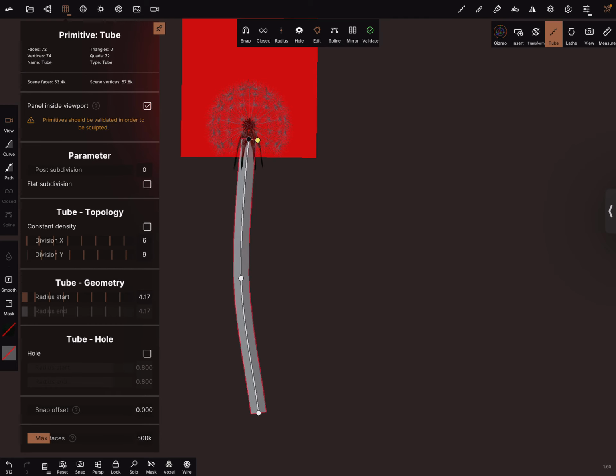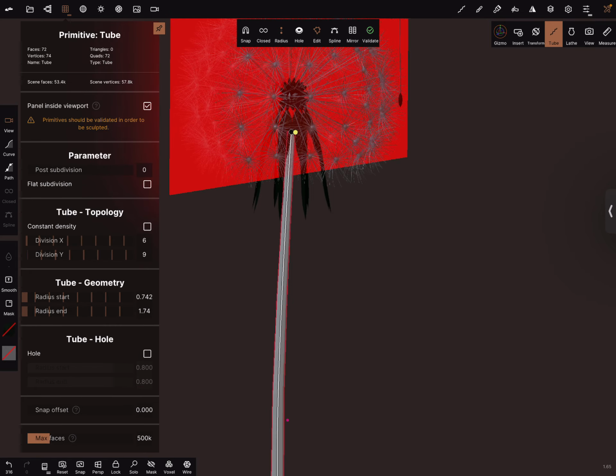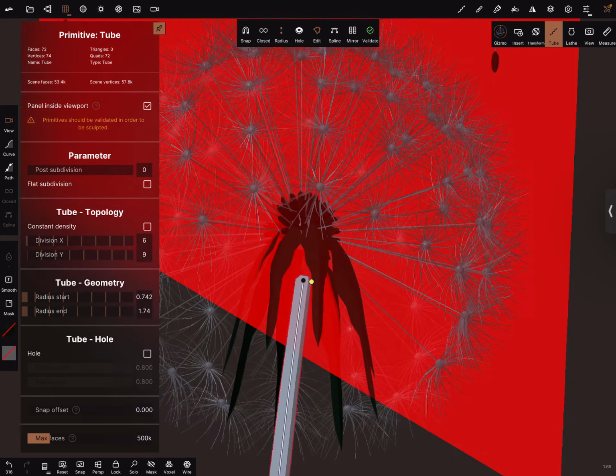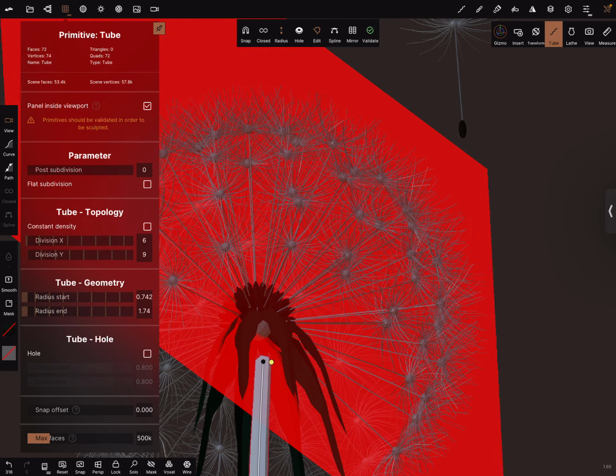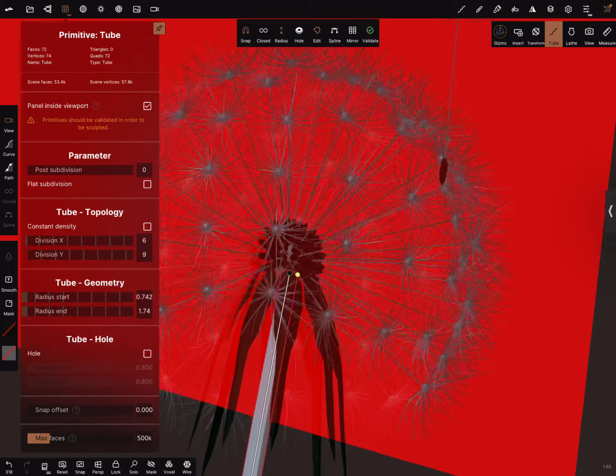And the radius. And we use the snap function, snap it,